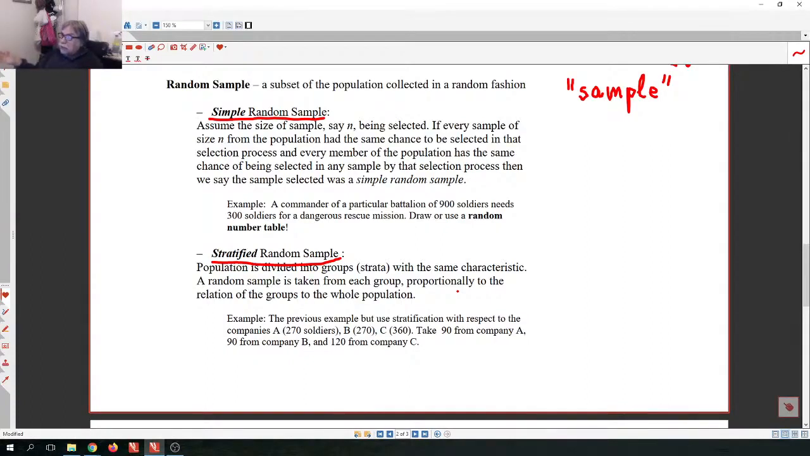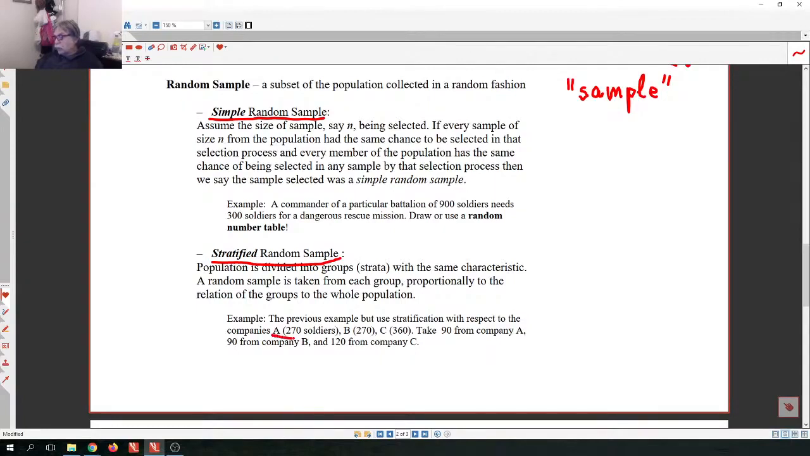And I would do the same thing with age. If 35% of the people that are voting are 55 or older, then I need to have 35% of my sample be 55 or older. So that's called stratification. Or in this particular example, if we are talking about a battalion, it is probably divided